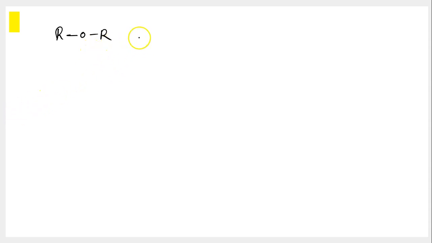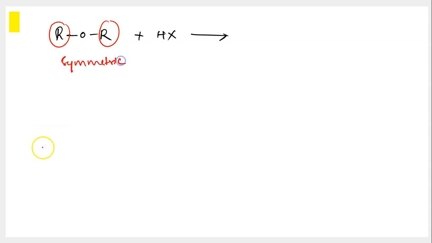So I'm taking one ether, and when we take this ether in presence of HX, which is nothing but hydrohalide, it leads to formation of a product. Let us observe what that product is, and how exactly the product is formed. When you take ether in presence of hydrohalide, the bond between the oxygen and one of the carbon atoms of the ether will break down. Over here we are talking about R and R, which is a symmetric ether. In case of symmetric ethers, it does not really make a difference whether you choose to break the bond between the first R and oxygen or the second R and oxygen.